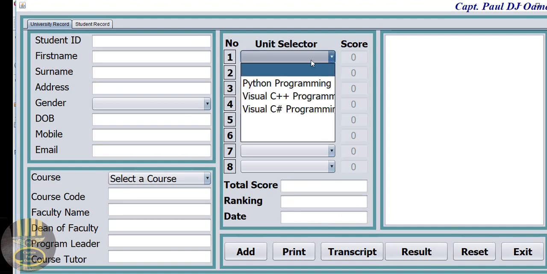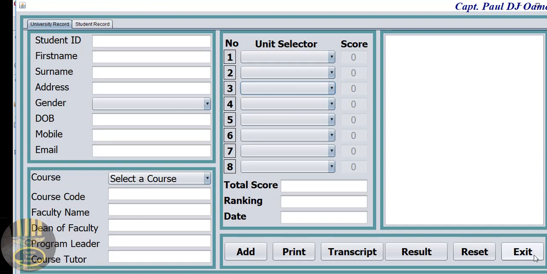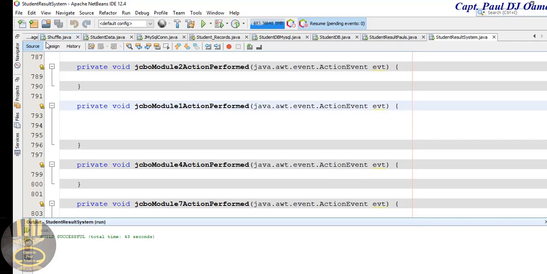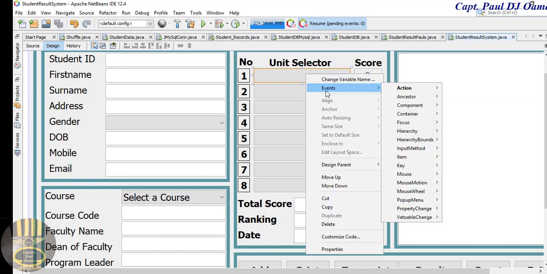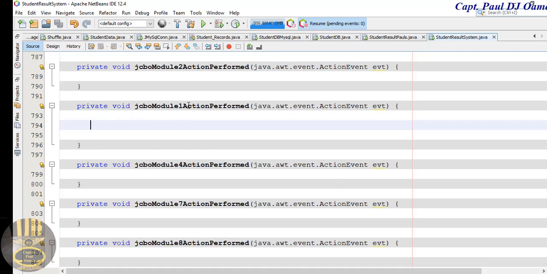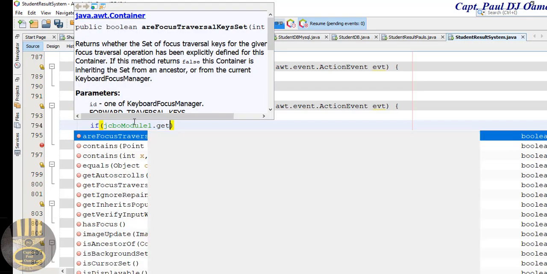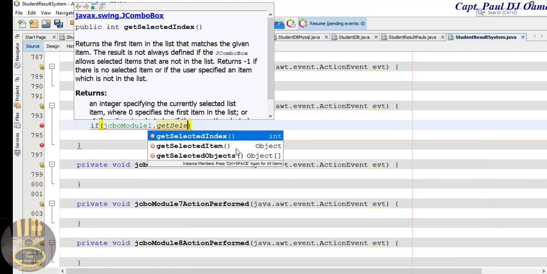Okay, let's take care of this now. So when I click on this, I want to be able to enter data in here. So I'm going to exit out. Alright, let's come in here and right click, event, action, and action performed. And right here, the first thing I'm going to do is use an if statement to determine what is in here. So I'm going to say if cbo dot get selected item dot get selected item,